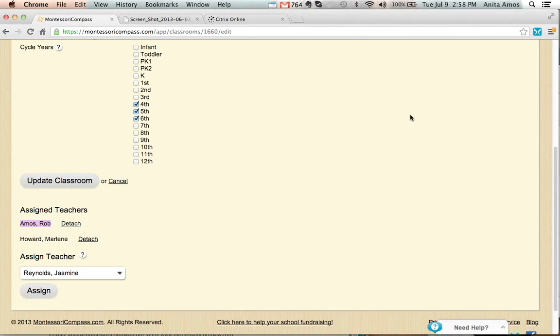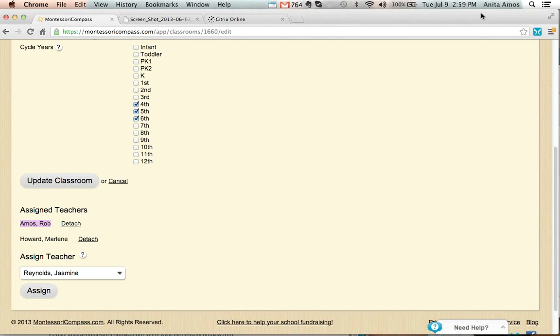There you go. A couple of other questions. One is, can the calendar in Montessori Compass be synced to a Google Calendar? That, Tim, is probably the most common question that we get. I would not bother to wake up in the morning if I did not have Google Calendar telling me what to do, because I would be a lost soul. So I very much understand and respect the Google Calendar aficionados out there, because I am very much of that as well. At this time, the calendar does not sync. We plan to make it sync at some point in the future. We don't have a date on that.